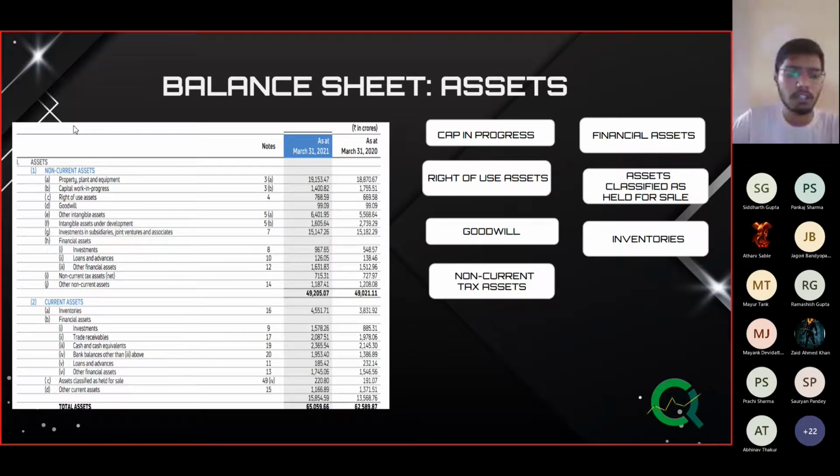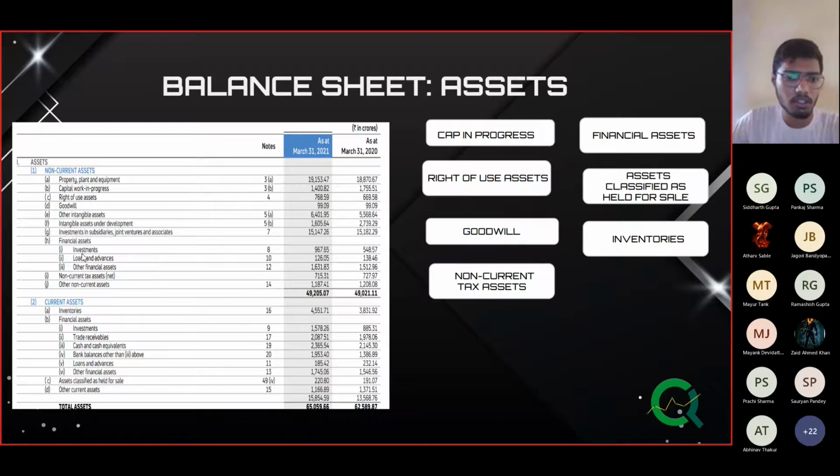It's actually a consolidated balance sheet. What consolidated means is that it also takes into consideration the investments made into the subsidiaries. So all these figures you are seeing are considering all their subsidiaries into account.